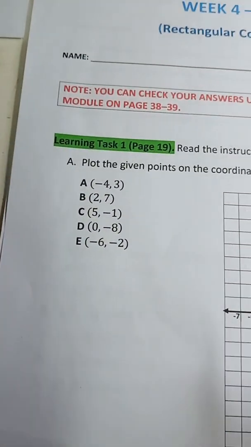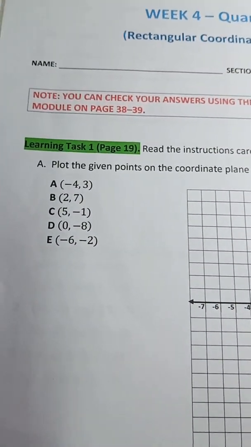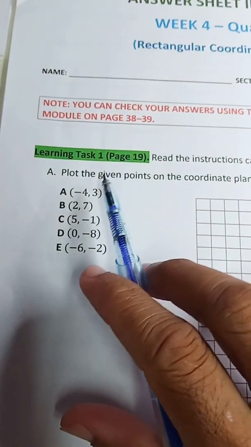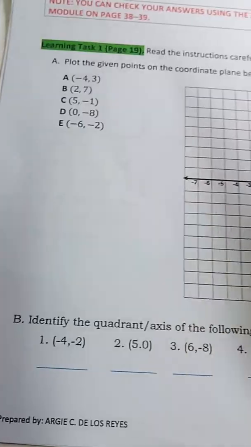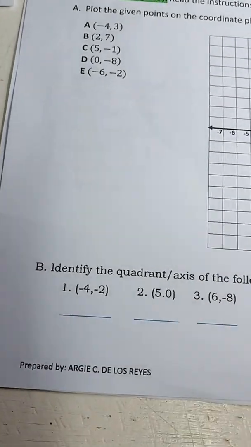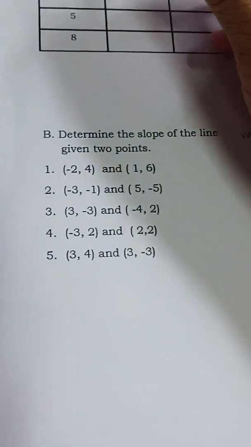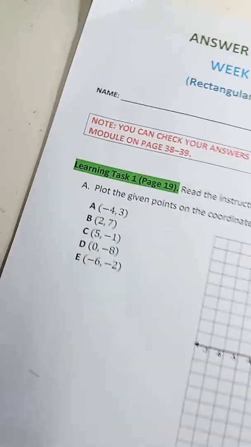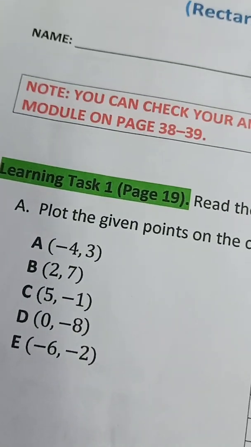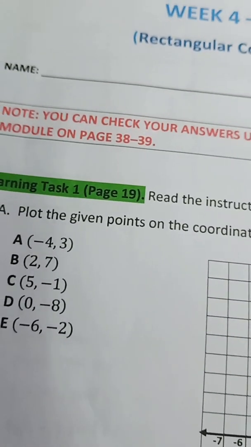Dito sa letter A, I will just answer first yung first item dito, yung letter A lang. So the rest is your task naman, di ba? Okay, for letter B, I will going to answer yung first item which is number 1, and for learning task number 2, kasi learning task number 1 yung nasa unahan, di ba? Yeah, learning task number 1, which you can find in your pivot